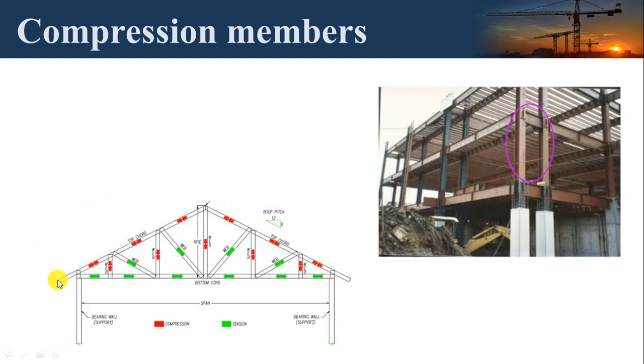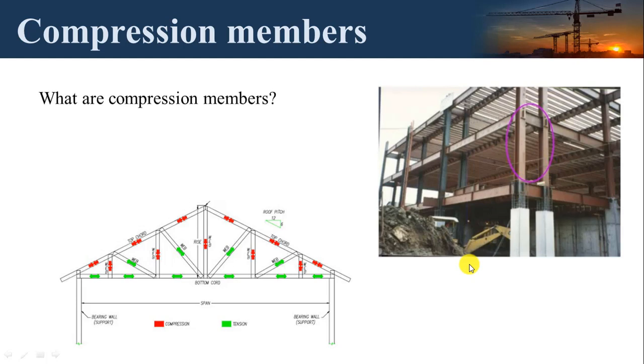Like here in this truss, the upper chord members and these internal members are of a compressive nature. Here the compression is shown. The design of these compression members is different from the design of tensile members, so in this unit number 2 we will deal with the design of compression members. These trusses rest on columns at their ends, or if there is a flat roof or flat surface, then the compression member is on the column. So the column is also one of the compression members.